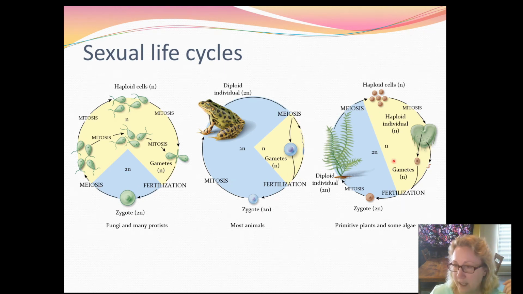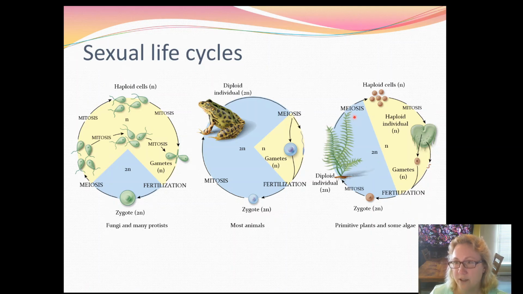Now, plants and some primitive plants, well, even some advanced plants, and algae have a mix of these 2 life cycles. They have a diploid version and they have a haploid version. Mosses and ferns have this. So the green leafy part of the fern or the moss that you see, that is the diploid individual. And then